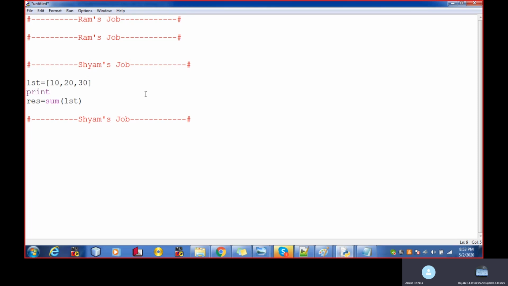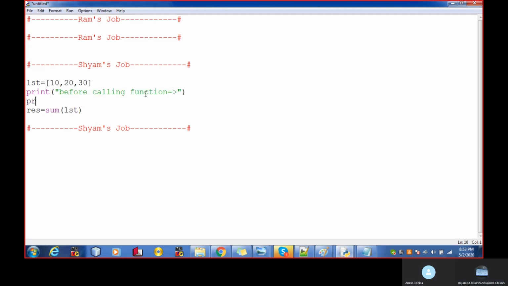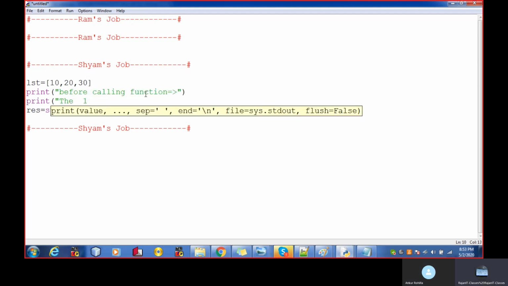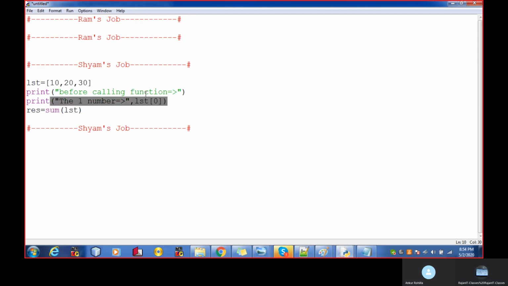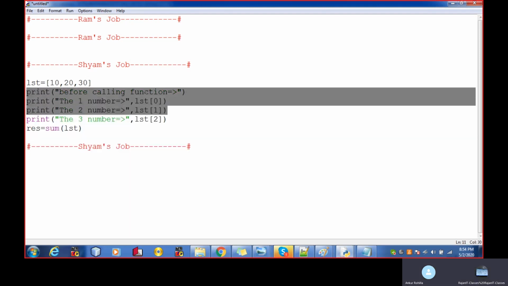Right? So I'm calling this function, result is equal to sum, and I will print the values before the function call. So print LST 0. In a similar manner, I am going to copy this entire part. We have the second number, third number, LST1, LST2, these 4 lines.